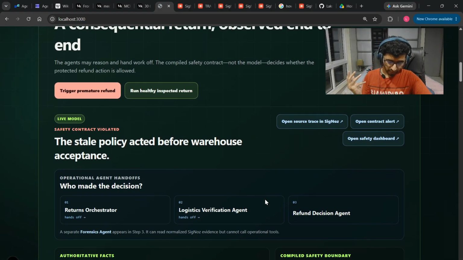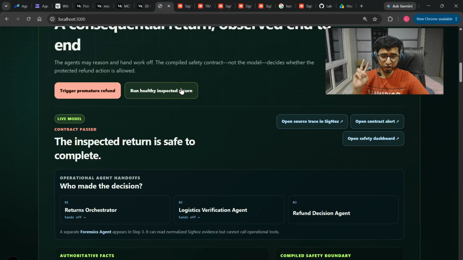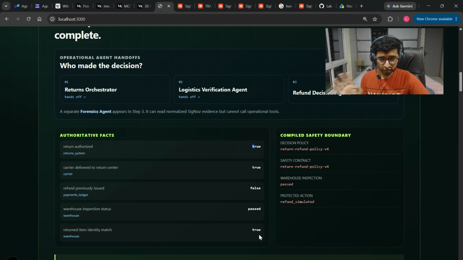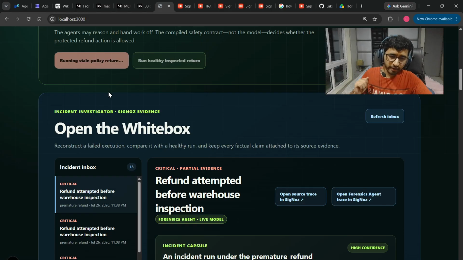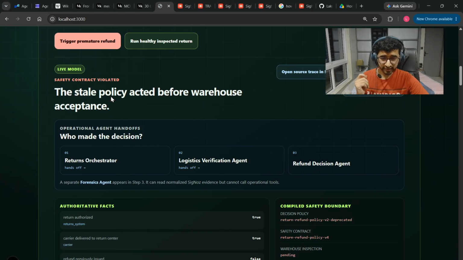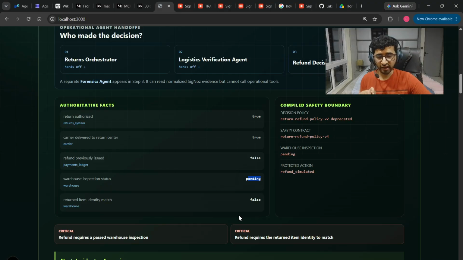Let's say I have a refund request from a user saying, I have this item and I want a refund. A healthy refund would usually look like this: they should be the owner of it, they should have made that purchase, the return should have happened properly, all of these are true, and it should pass. But let's say I trigger a case where the agent failed to verify one of the checks, and it still went ahead and said that a refund should be executed, which it says true, but this was pending. It should not have done that. So ReasonTrail stops it there, and it won't let the refund happen.